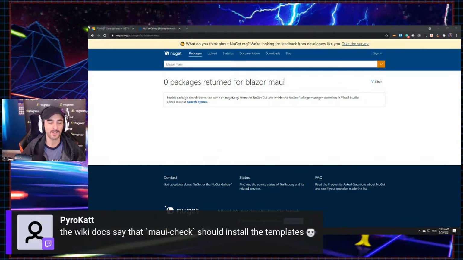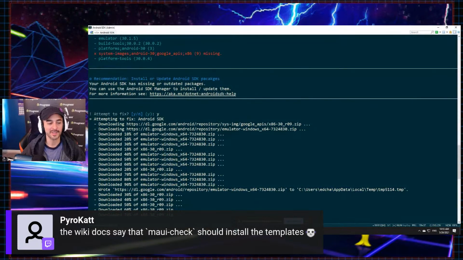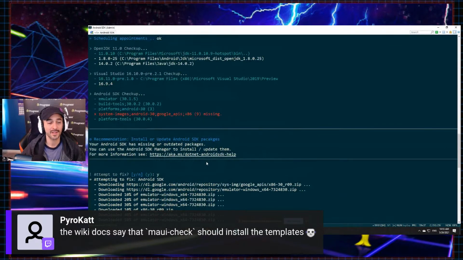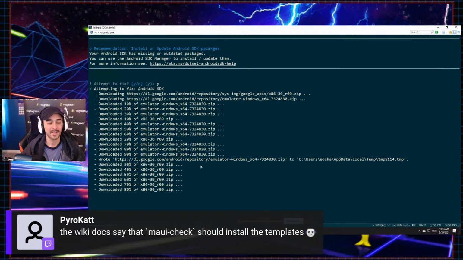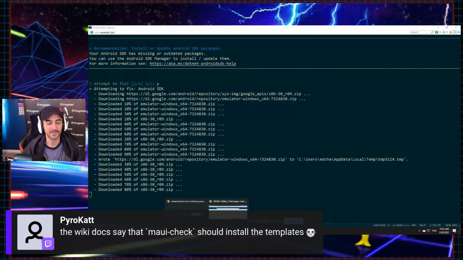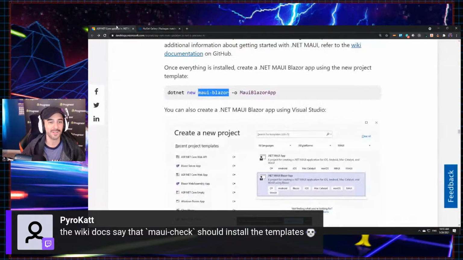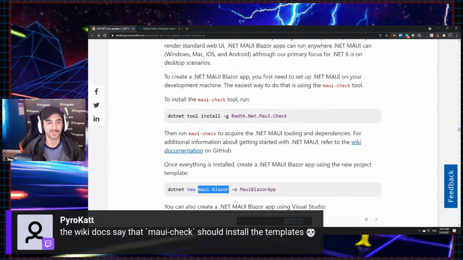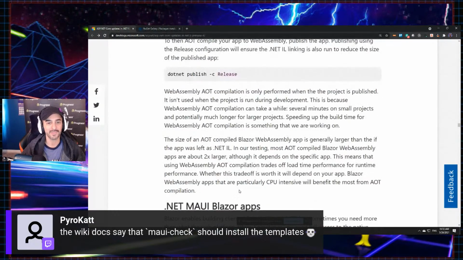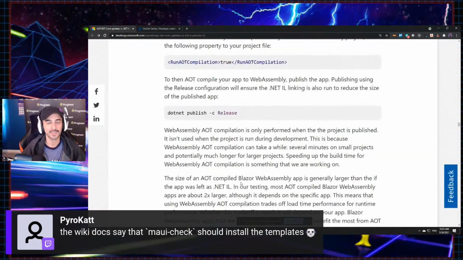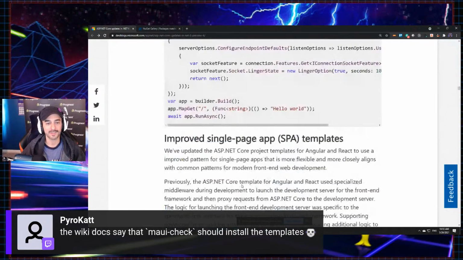Yeah, Maui check should install the templates, but I am not seeing those templates. This is going to be a long install, so we may not get to see the new Blazor Maui stuff today. So let's sidebar this and look at